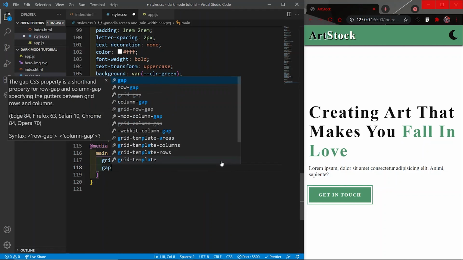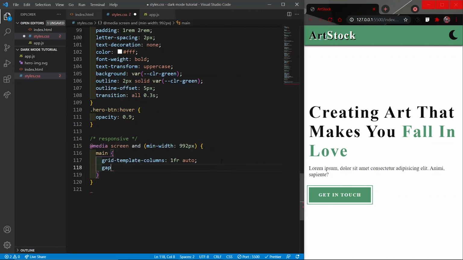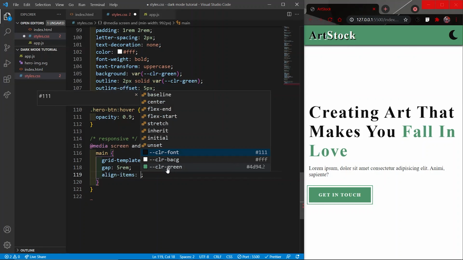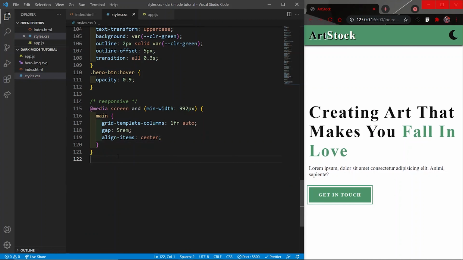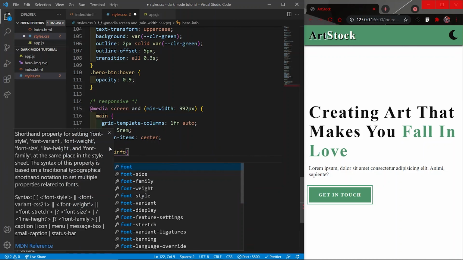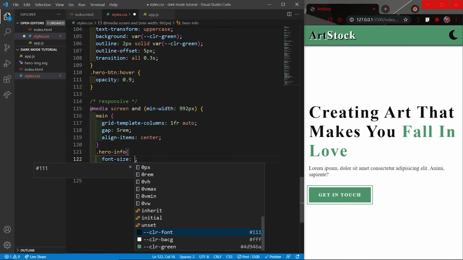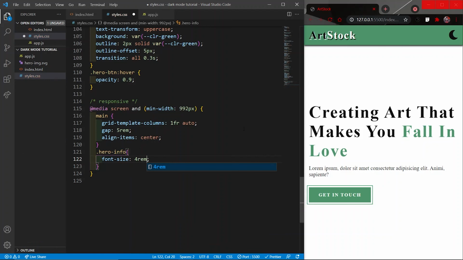Then the gap between both of them will be of 5 rem, gap 5 rem, and we want them to be aligned in the center. Okay, one more thing I will do is change the size of this h1 that we have to 4 rem instead of 3.5. This h1, yeah.